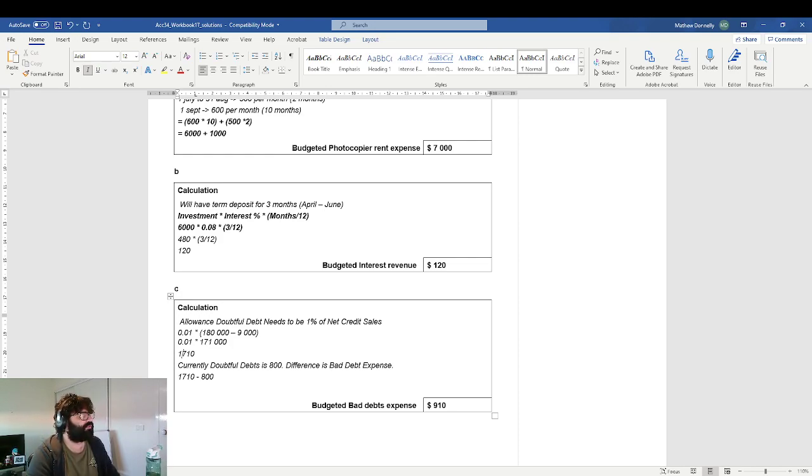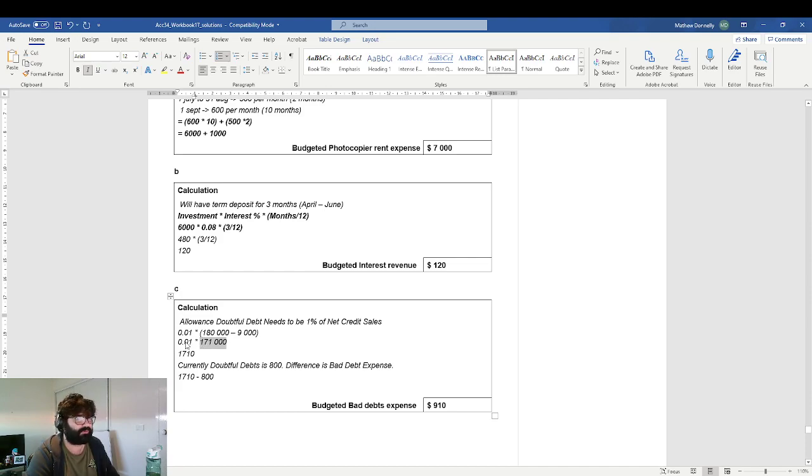Other estimates include doubtful debts, 1% of net credit sales. So doubtful debts is this allowance. So it's got to be 1% of the net credit sales. So net credit sales will be 180,000, dot point one, minus the returns 5%, that's in dot point three. That gives you that number,